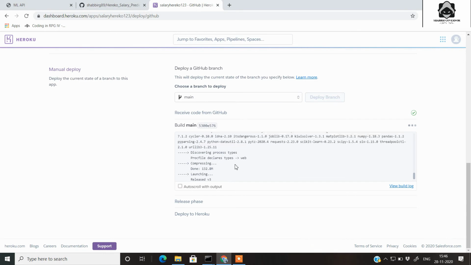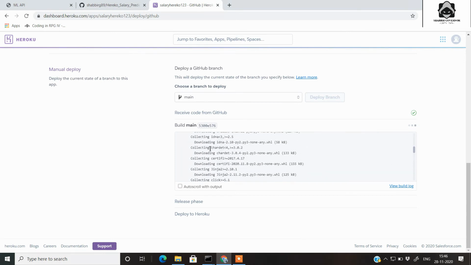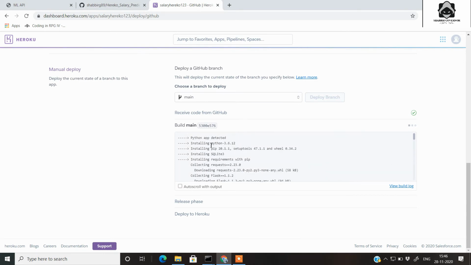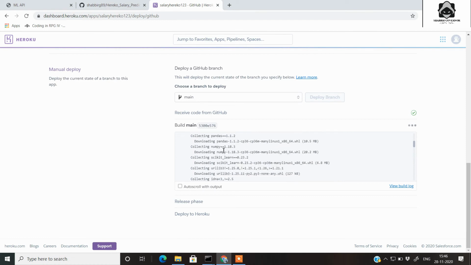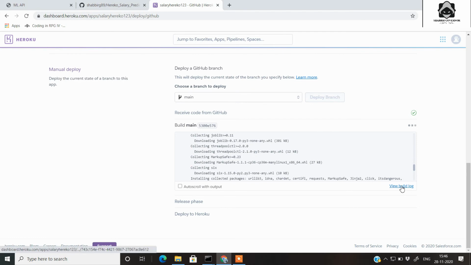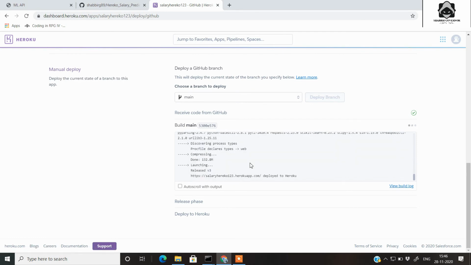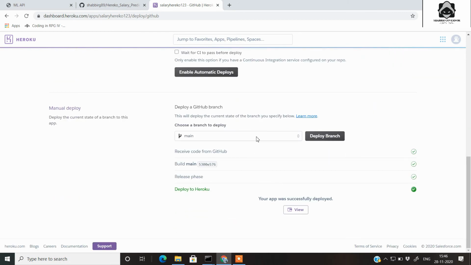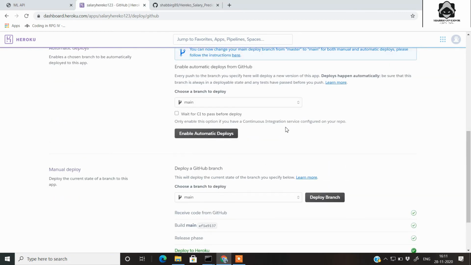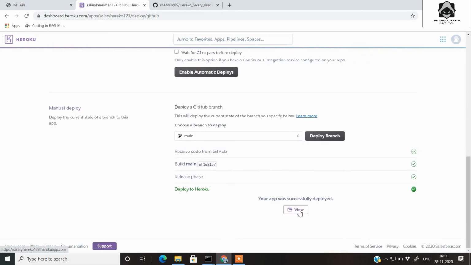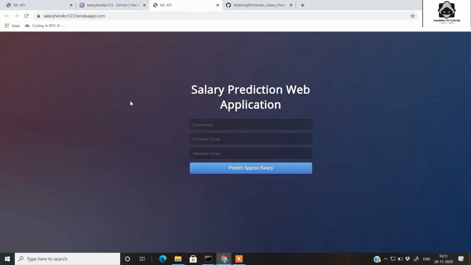All the build records will be shown, whatever is happening while we are deploying this application to Heroku. If you want to see the records in the build log, you can click on this option. And lastly, you can see that this application has now been deployed to your Heroku cloud. If you want to view it, just click on this View option. Now you can see that your app is live through Heroku.